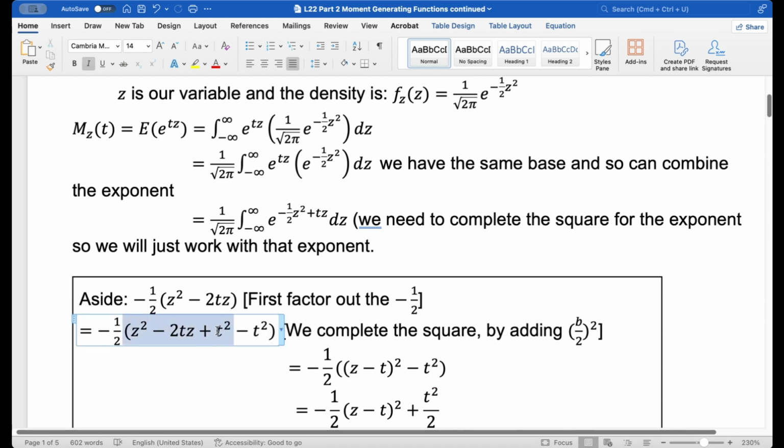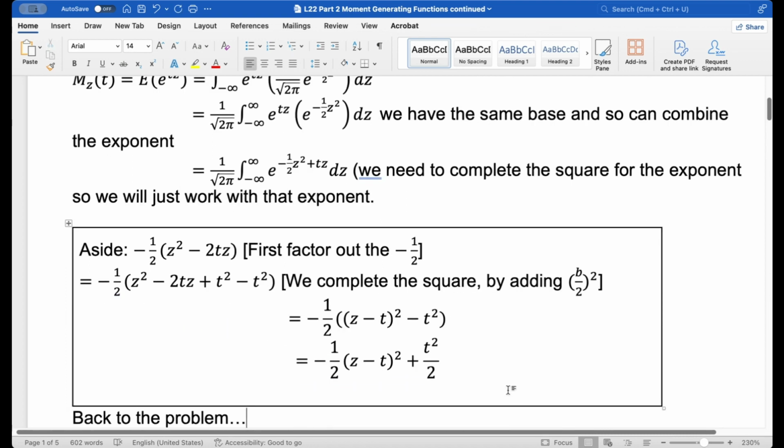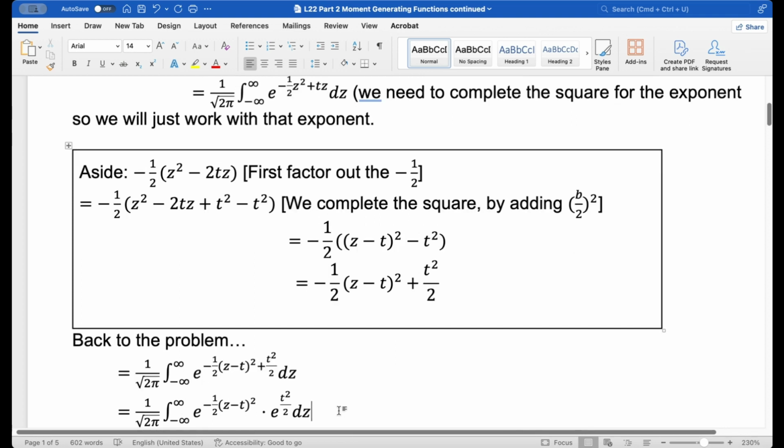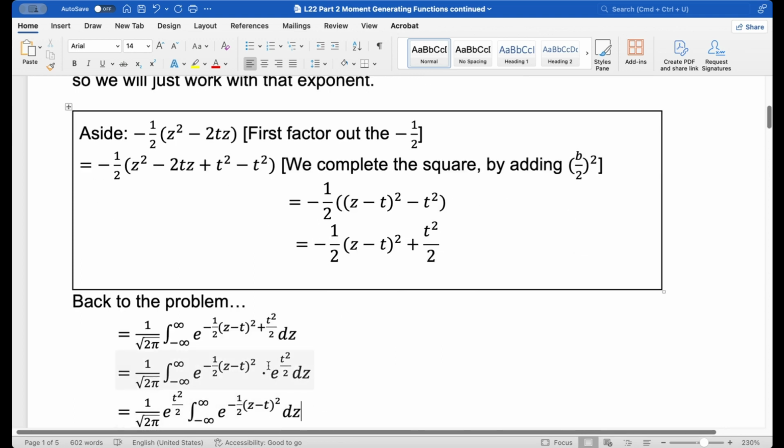And then these front terms give us z minus t quantity squared, distribute the negative 1/2 back through. So negative 1/2 times negative t squared is positive t squared over 2. So there's our new exponent now. We have a sum in the exponent, so that comes from multiplication. E to the t squared over 2 is constant in this integral with respect to z, so we can factor